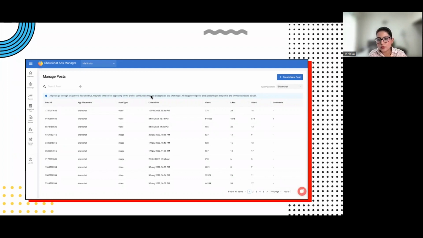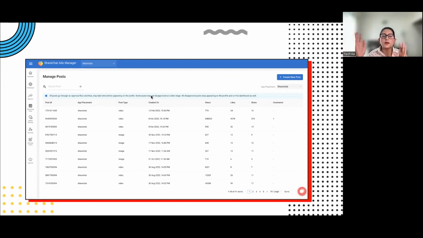I just spoke about the unified campaign. So for example, I have set up a unified campaign that of course is going to deliver on ShareChat and Moj both. So 2 posts will be created with the same creative, because these are 2 separate platforms and these posts have to exist independently. That's why you'll see 2 posts for the same media asset. One will be on ShareChat, one will be on Moj. That's just an example, right? That was about the second column in terms of app placement.